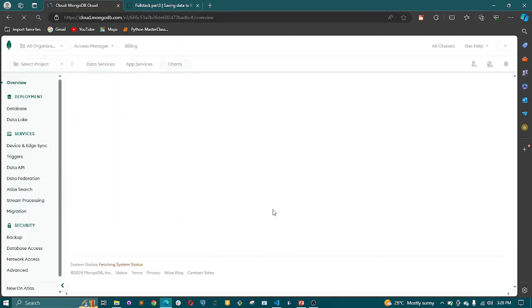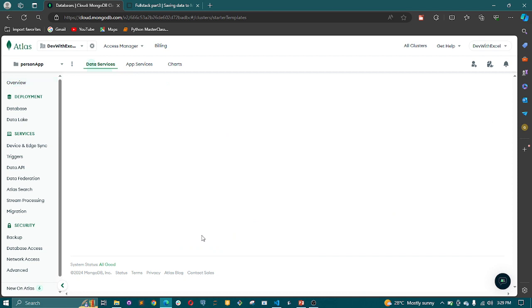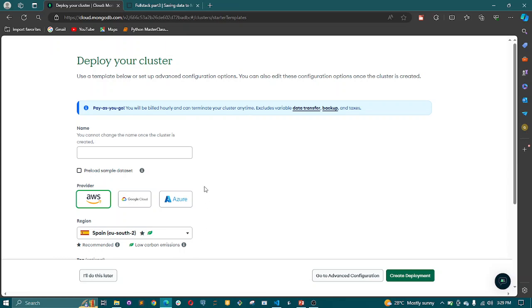So let's give this time as it's trying to load. All right, so that's done. The next thing we need to do is to create a cluster. So this is very important as well. Let's create the cluster, and then